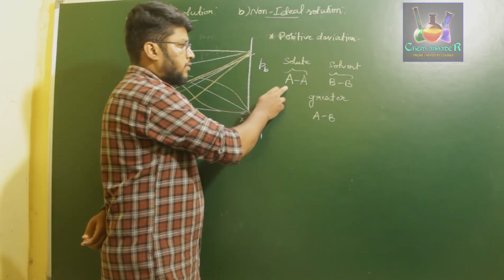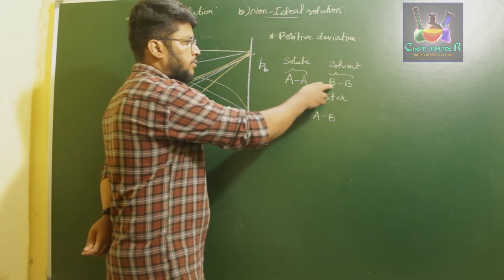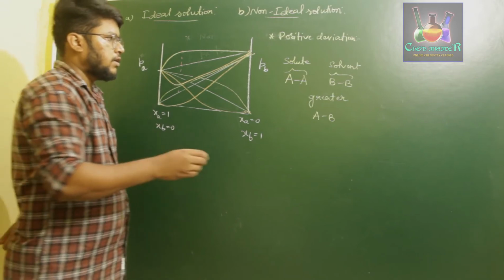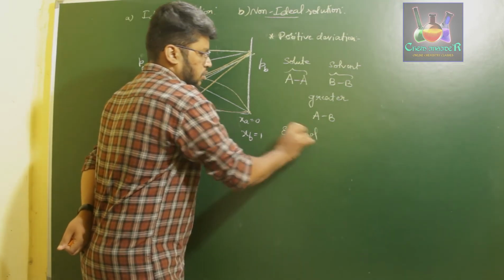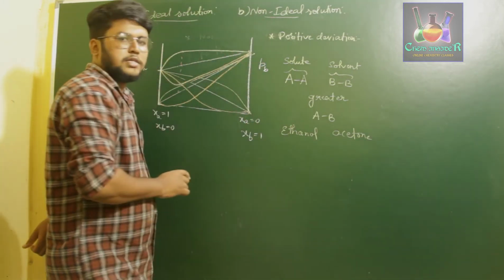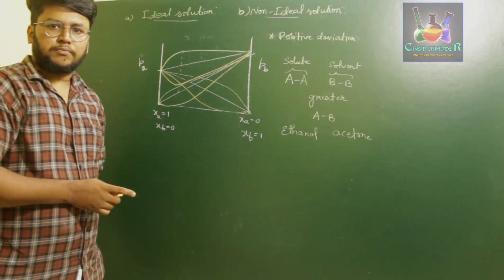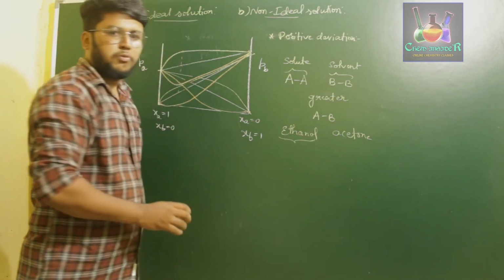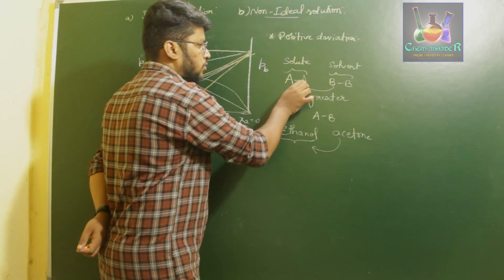If the interaction between AA particles is greater than the interaction between AB particles, and similarly the interaction of BB particles is greater than that of AB particles, then let us take an example. If you consider ethanol as a solvent and you are adding acetone to it, ethanol has intermolecular force of attraction because of hydrogen bonding. The molecules present in ethanol will have intermolecular hydrogen bonding. When you add acetone to it, that is nothing but adding B to A.